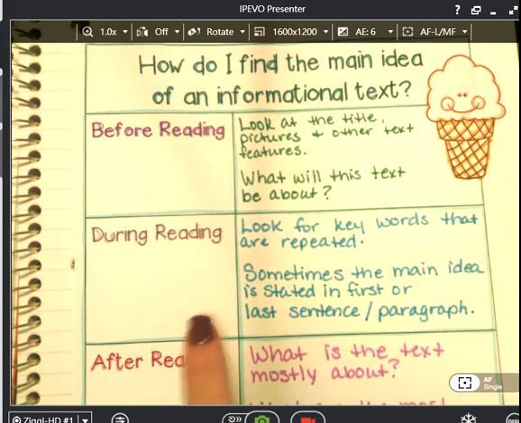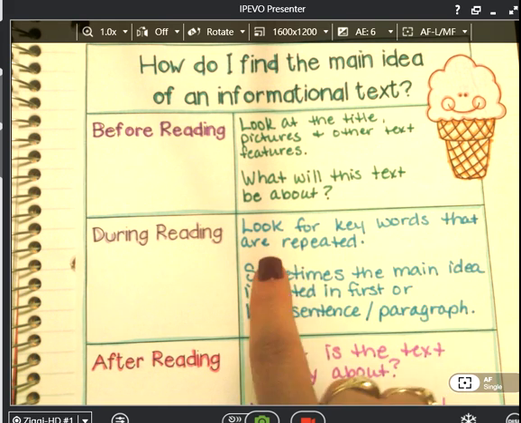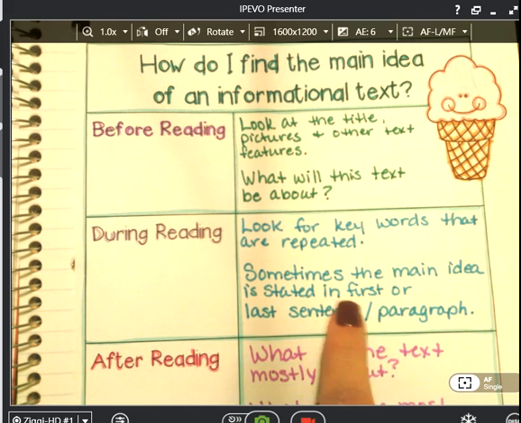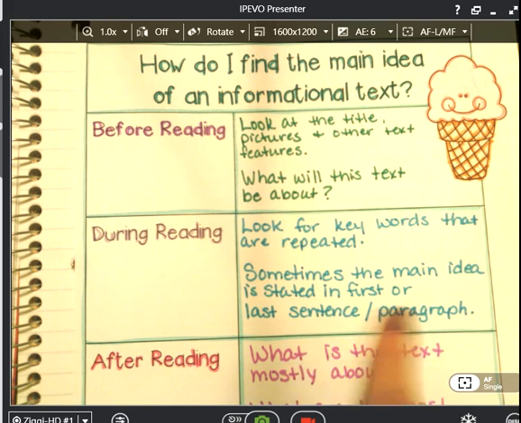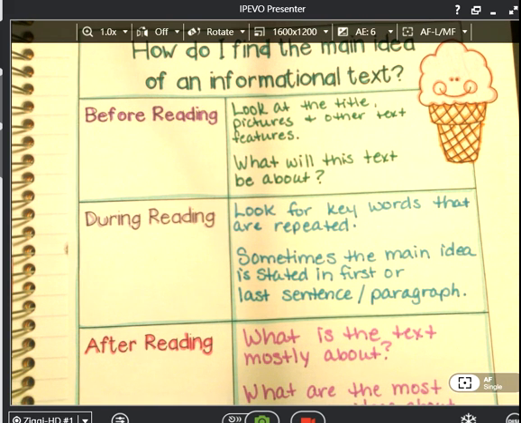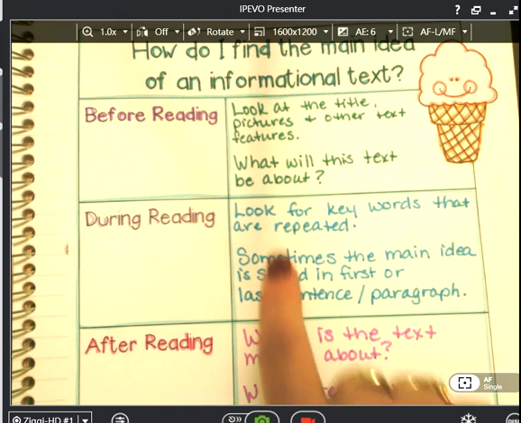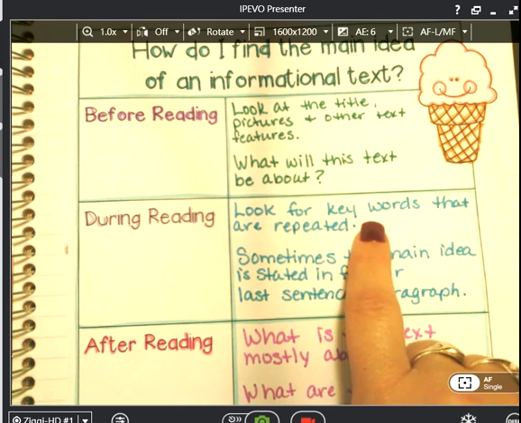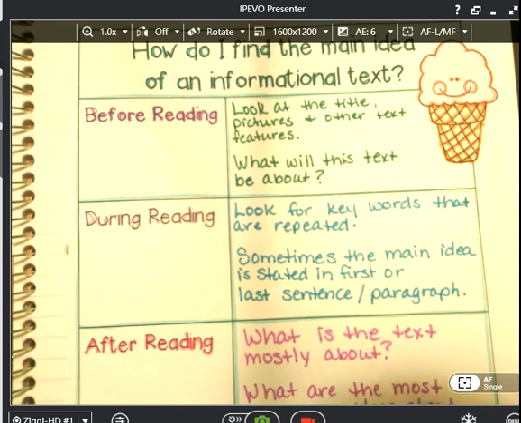Then during reading, what you want to look for are key words that are repeated. Okay? Sometimes the main idea is stated in the first or last sentence or the first or last paragraph. So like in our writing, when we are writing our topic sentences and we are stating what we're going to discuss in our first paragraph, that's where you can sometimes find things that tell you what this topic is mainly about. So again, look for keywords that are repeated. And then finally, after reading,